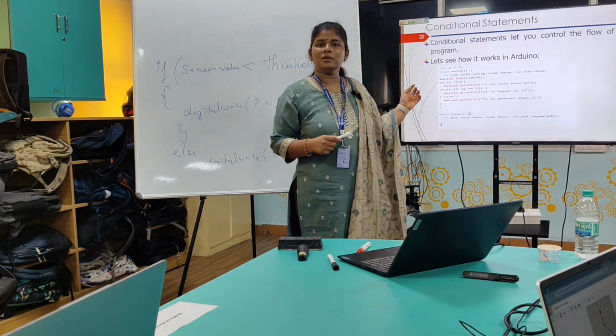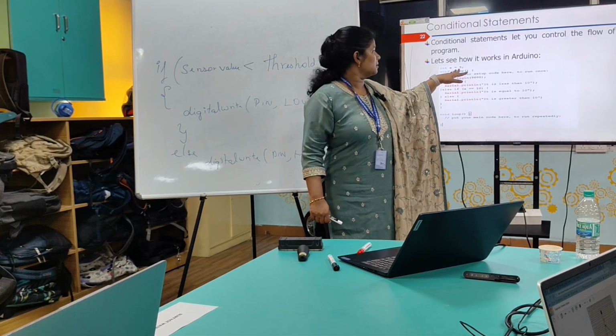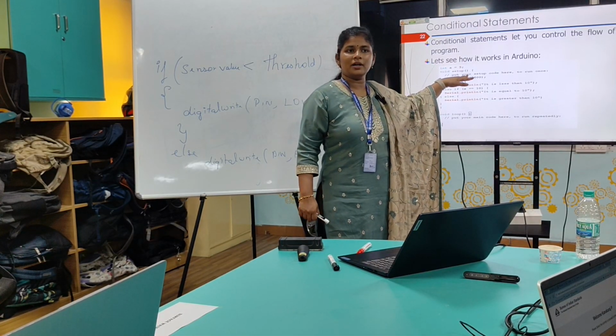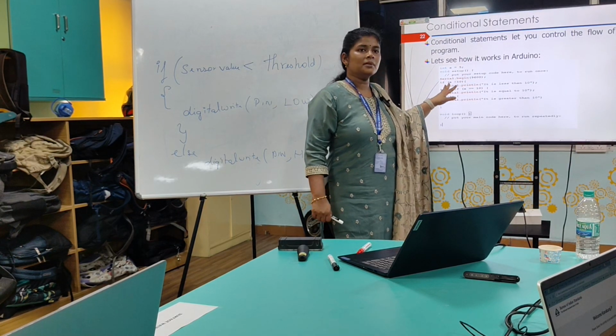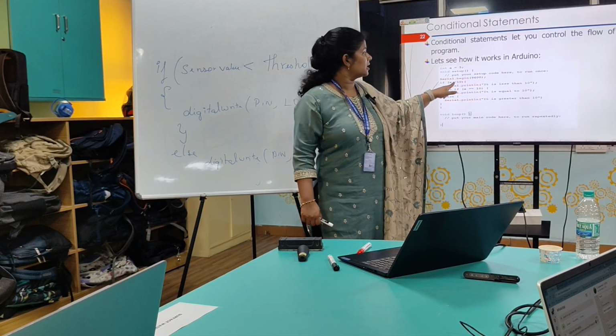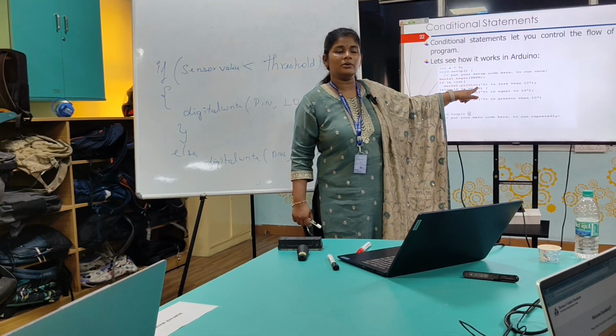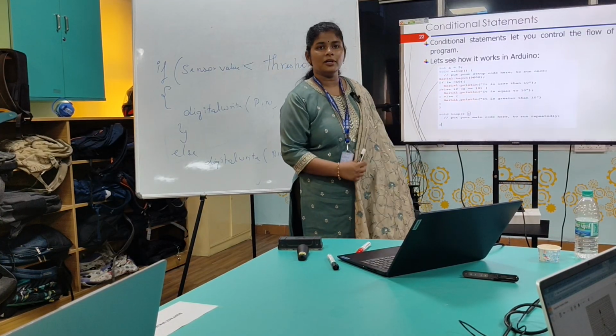I'll just quickly go over the code again. I'm starting with the integer variable a equal to 5 in the beginning. Then I'm initiating the serial monitor with Serial.begin(9600). That's a baud rate. 9600 is the baud rate for the serial monitor.